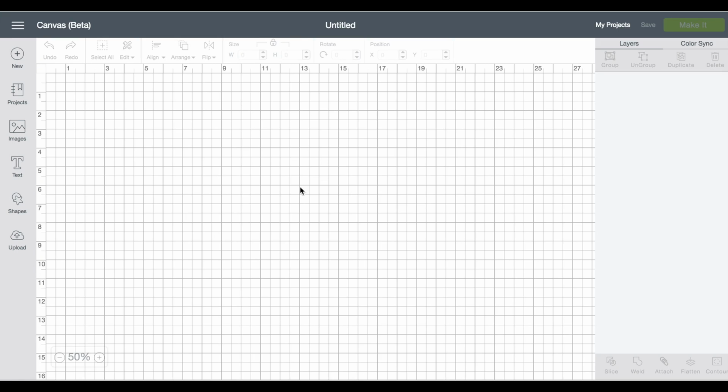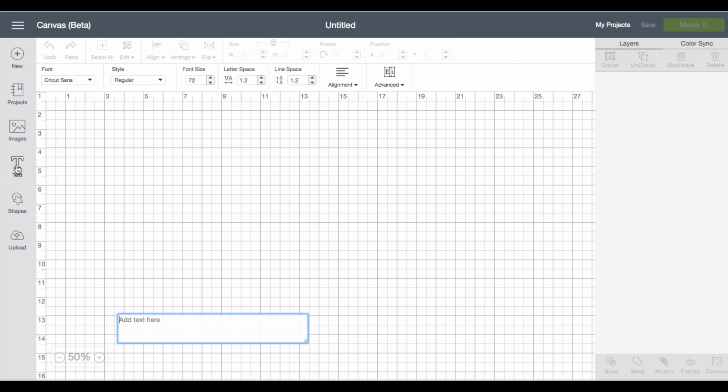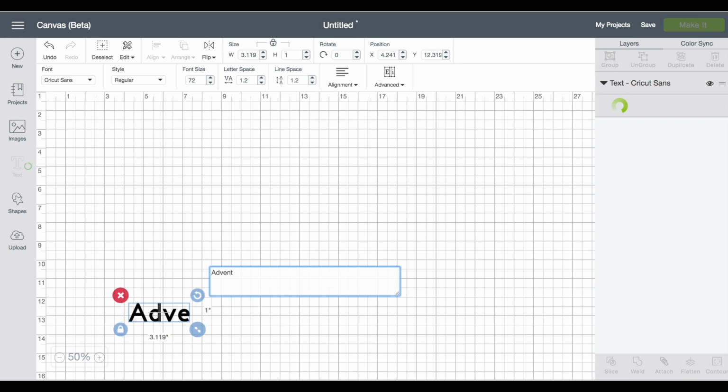Let's go. This is the new Design Space that is out, and it is no longer in beta, so you guys can all access it no matter what. So today we are going to be making a Belle t-shirt design, and I'm just going to walk through the entire design process of this. And if you guys like this, let me know. If you guys don't, just let me know that as well, or what you would like me to change. So we are going to make an I Want Adventure in the Great Wide Somewhere shirt.